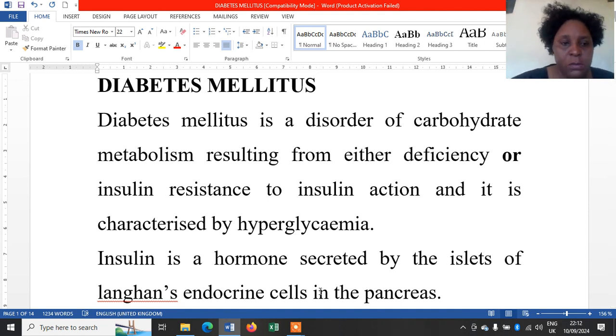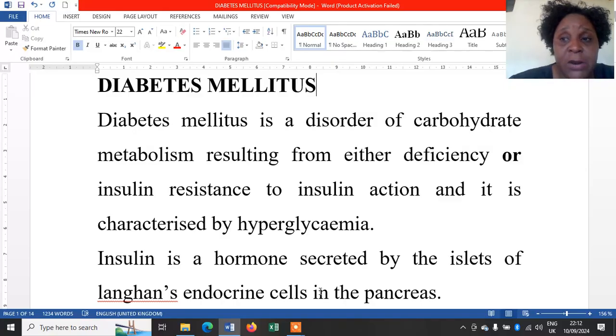Okay, good morning. We are going to talk about diabetes mellitus in pregnancy, and it is one of the commonest medical disorders. A midwife should be able to detect early and plan early for delivery in order to have good perinatal outcomes. So diabetes mellitus is a disorder of carbohydrate metabolism resulting from either deficiency or insulin resistance to insulin